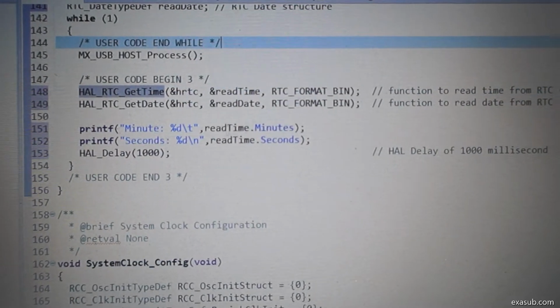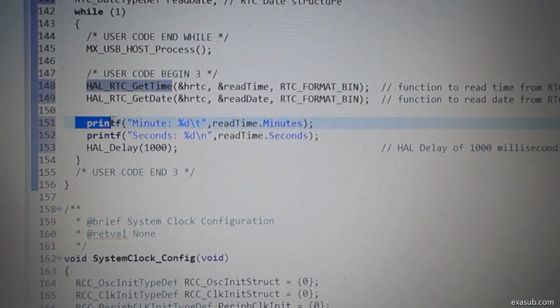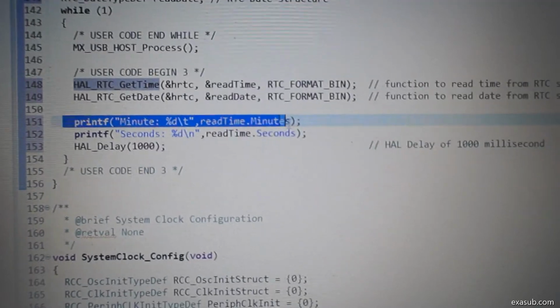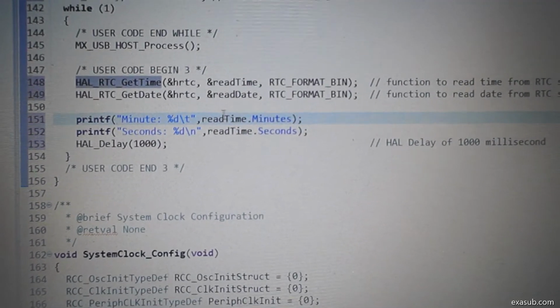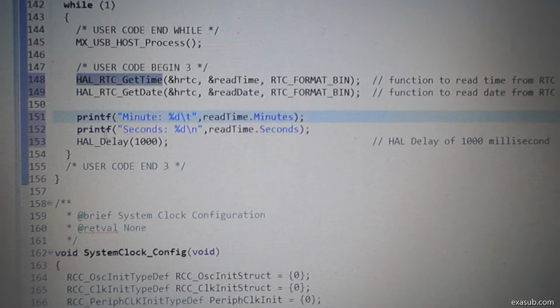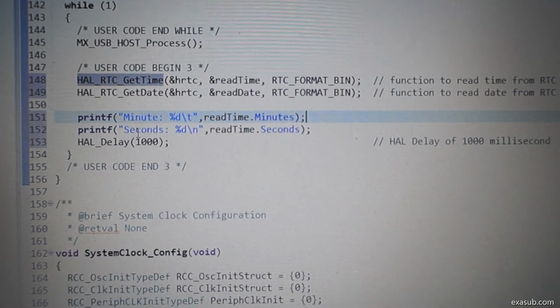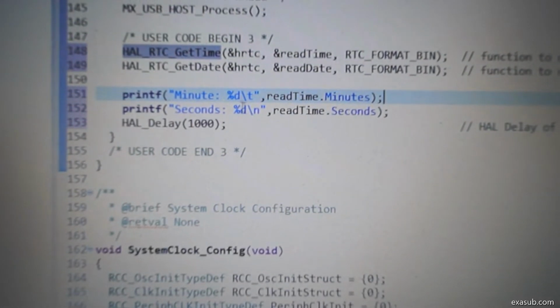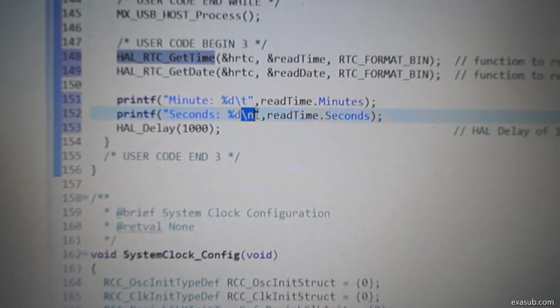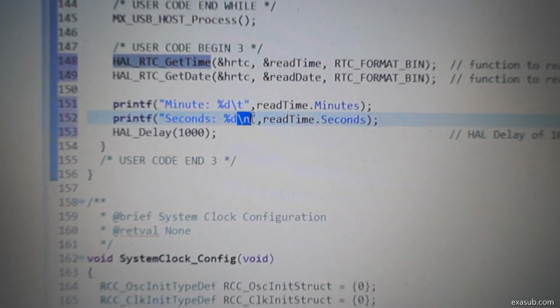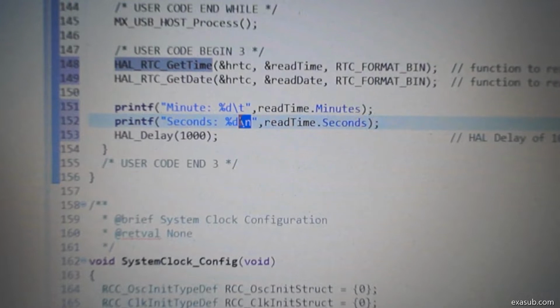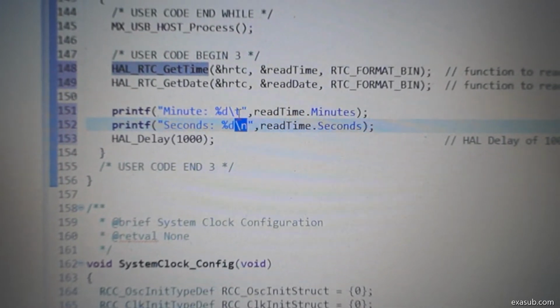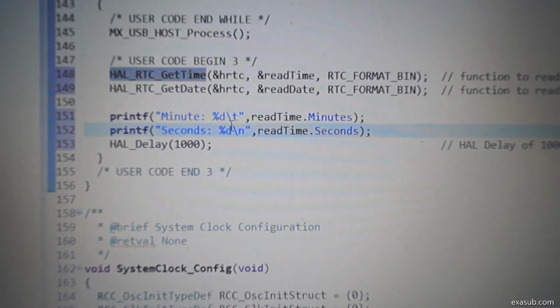I have written printf for minute, and it will display the minute here, and seconds go into the next line. Since I am using the printf function, I have to end this with \n, otherwise it will not display the characters.